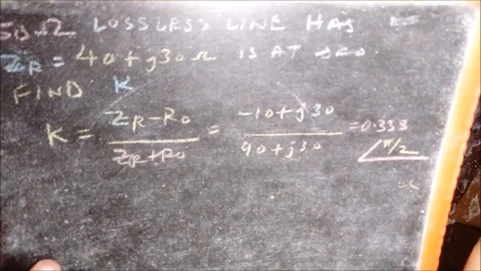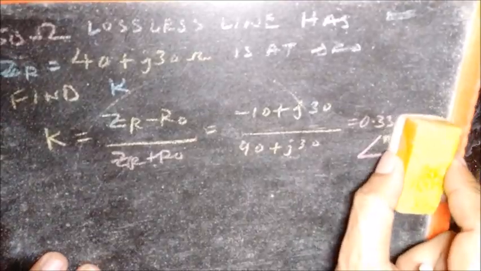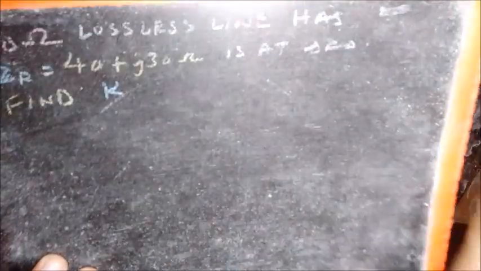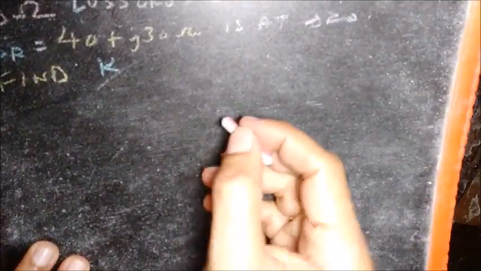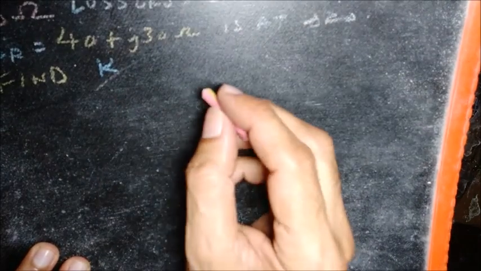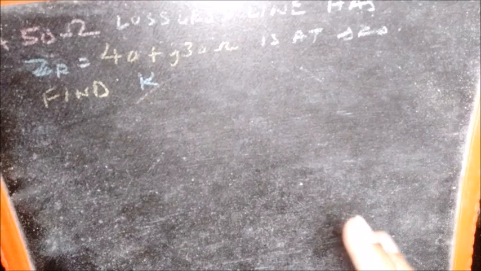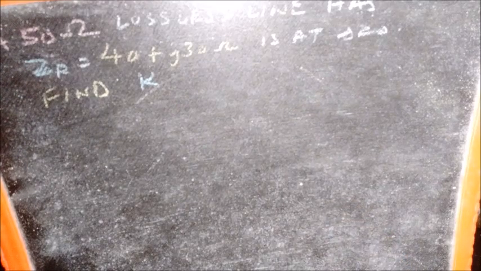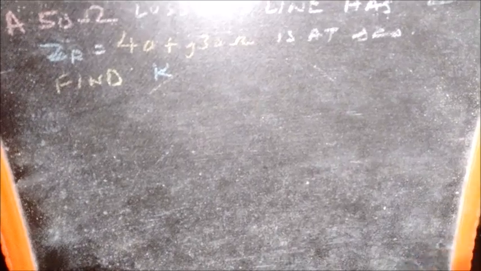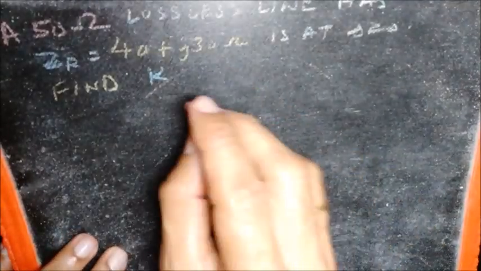This is the answer. We know this is the answer. Now we will use the Smith chart to solve this problem. Let us solve this using the Smith chart. When we are using the Smith chart, first we have to normalize the impedance, because the Smith chart is nothing but a representation of the normalized impedances. That's what it is, because you have various circles for RA, various circles for XA, which appear together in the form of a nice pattern. So first thing is we normalize the impedance.